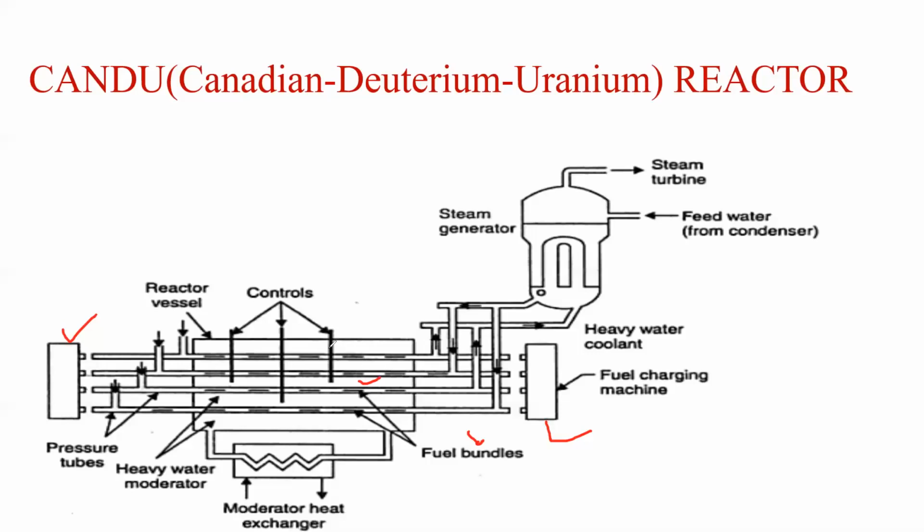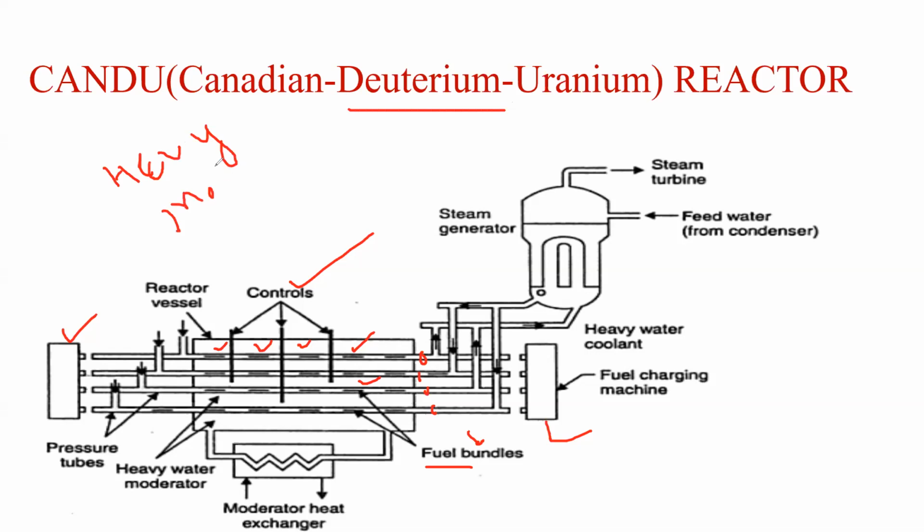So if I say the difference, here we use control rod, that is no issue as it is. Then here we use the fuel bundles. Just observe this pressure tube. In this pressure tube we use fuel bundles, that is, your uranium is used as uranium pellets. Now the next difference is here we use heavy water as a moderator.